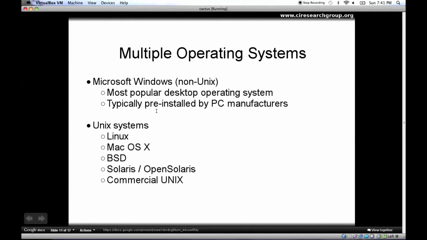Windows is typically pre-installed by PC manufacturers, which accounts for a good portion of its present popularity. Unix systems, on the other hand, are installed by the end user, except for commercial Unix systems and Mac OS X. Mac OS X is probably the best-selling Unix system to date. And Linux, which includes the Android platform, is probably second.